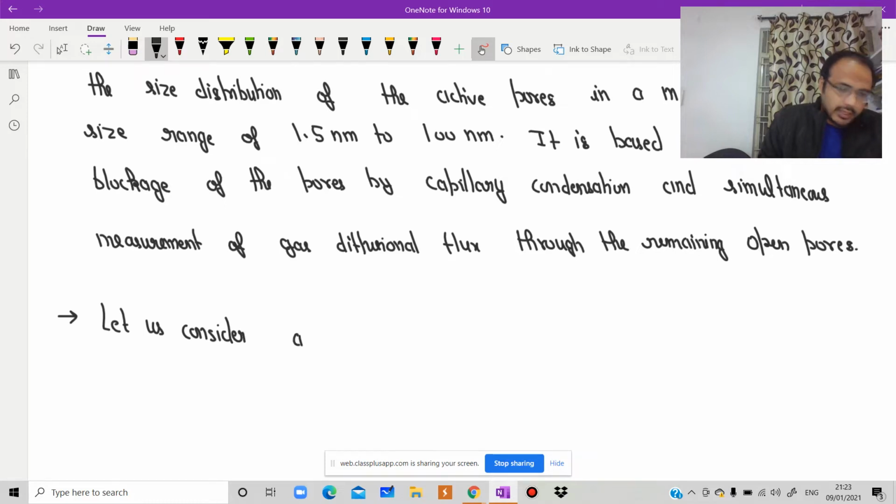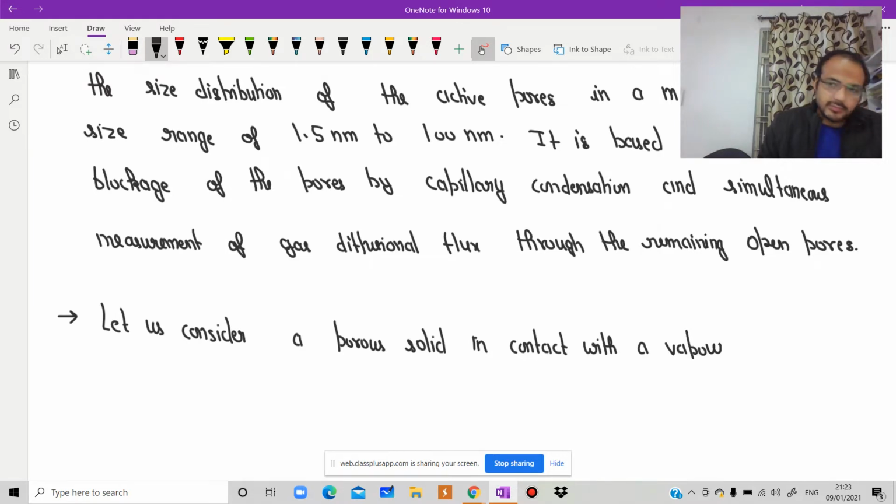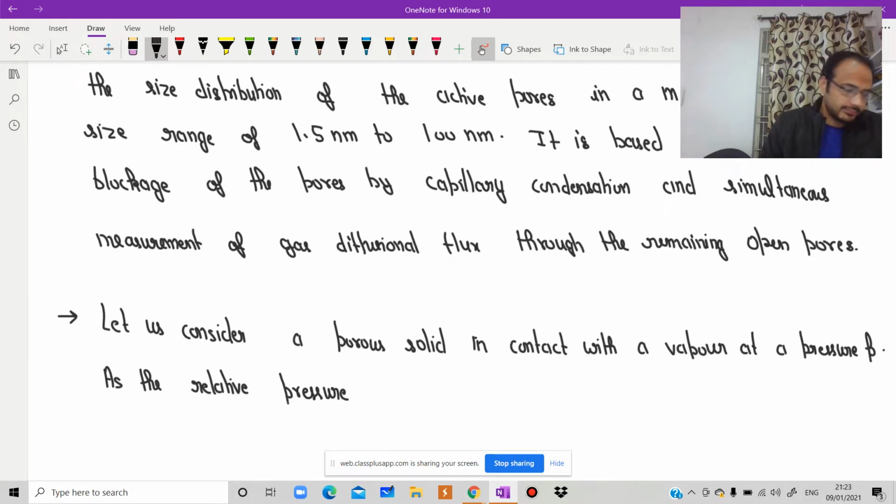Let us consider a porous solid in contact with a vapor at a pressure P. As the relative pressure P by Pv is gradually increased,